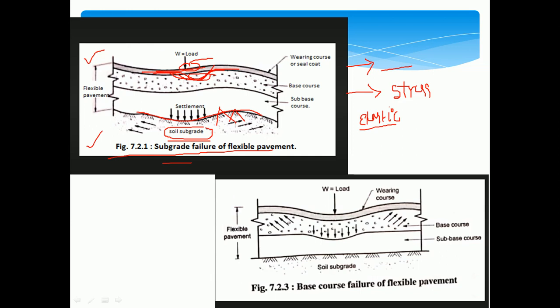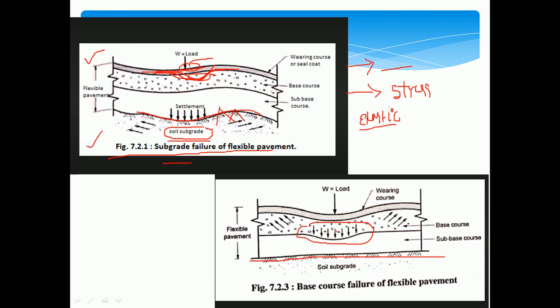And in the second figure, you may observe the base course, that is, failure of the base course. You can observe here the subgrade is strong. In the second figure, the subgrade is strong, so there is a failure in the layer above the subgrade, that is, base course deformation. Here we have some of the causes for this deformation. So why do we observe this base course deformation?